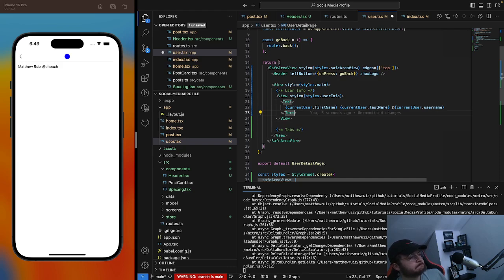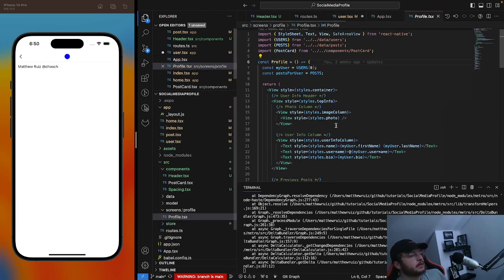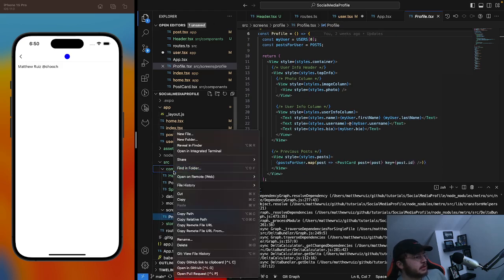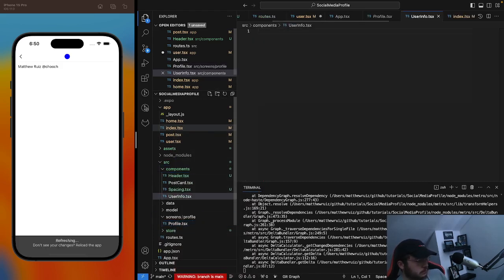Okay, I'm trying to think. I feel like we did something like this before. Profile is what we did. Yeah, so this is what we want. Okay, so